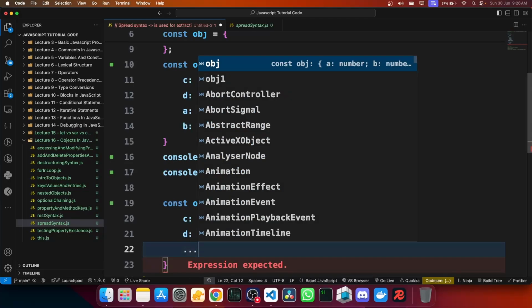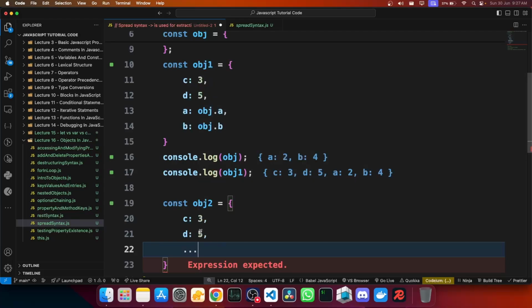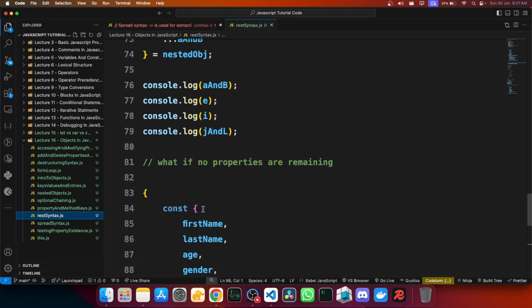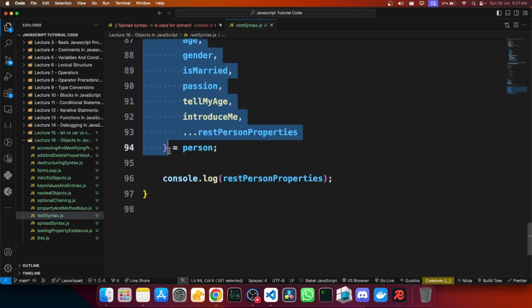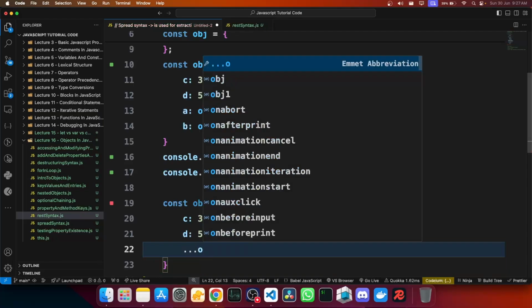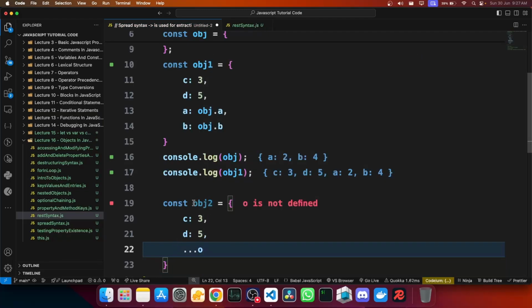Now again, this might look similar to REST syntax, but what you're doing there is in the destructuring part, like if you see over here, where it is REST syntax. Right now I'm doing this on the object literal syntax part. So there's a difference in that. But anyways, I will just say triple dot and the name of the object that I want to spread